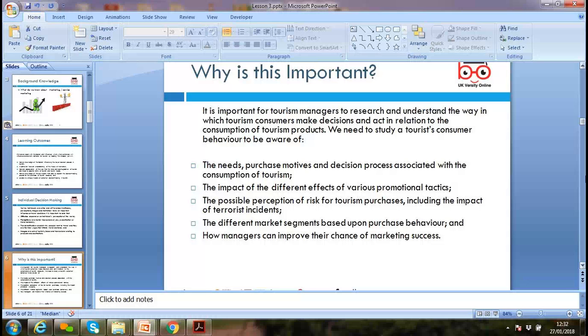That's why nowadays research is very, very important. That's why when we leave the room, they always send us an email or give us tablets, or when we eat food, at the end of the meal they normally say, please give us feedback, how did you find us. And then they try to adjust. What needs to be studied: the tourist consumer behavior, awareness, needs, purchase motives, and the decision process associated with the consumption of tourism,